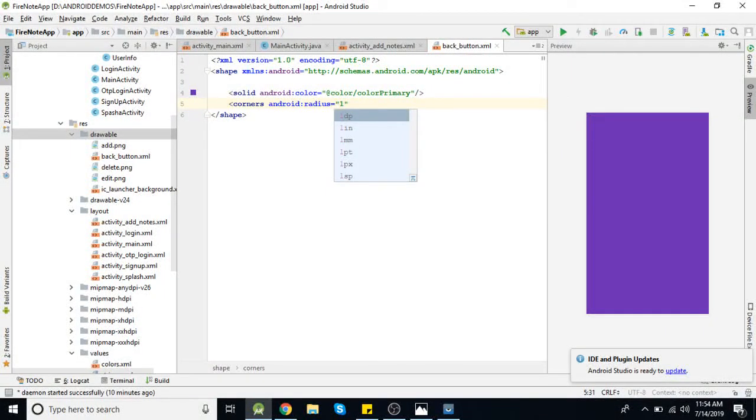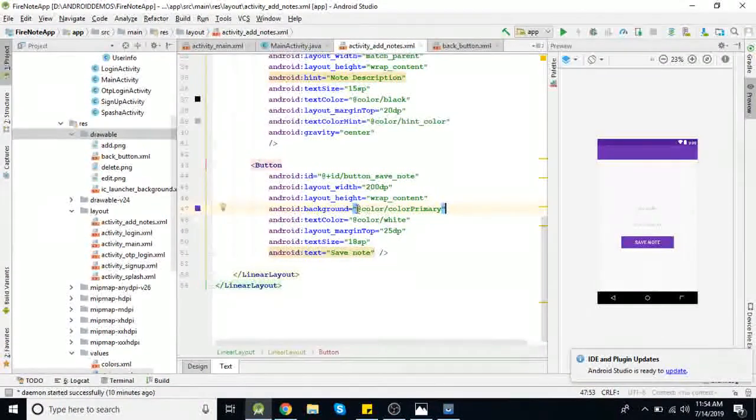the corner curve depends on this radius. So if I am using 10 dp, then the curve will be like this. If I increase this, it will look like this. Okay, and now this file we are going to set as a background.